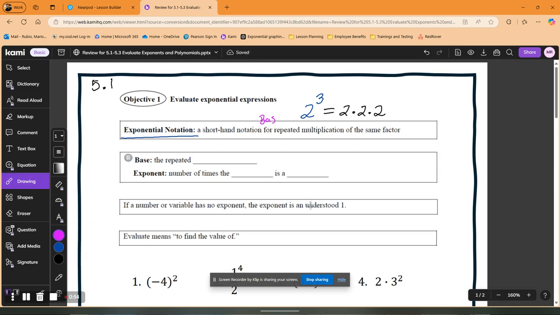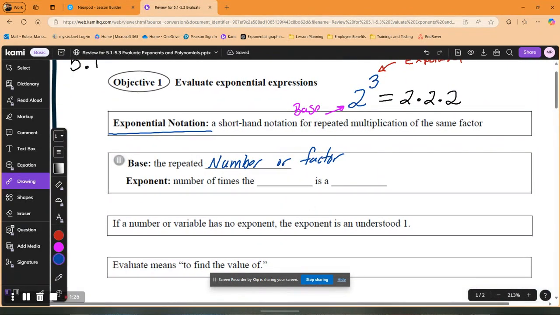And what that means is that 2 is the base, and this little 3 up on the top is the exponent. Now, base would be the repeated number or factor. Remember, factor is just a number that's multiplied. So we say base is the repeated number or factor. And then the exponent, which in this example is the 3, is the number of times the base